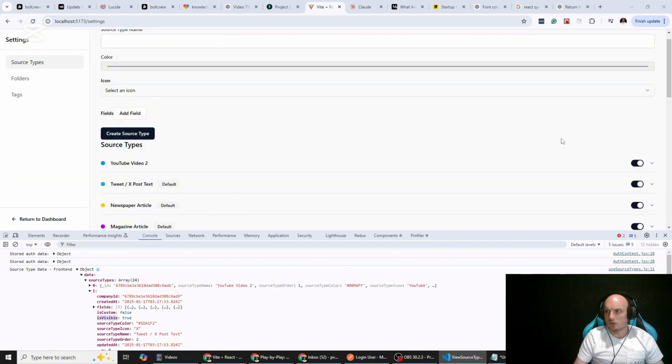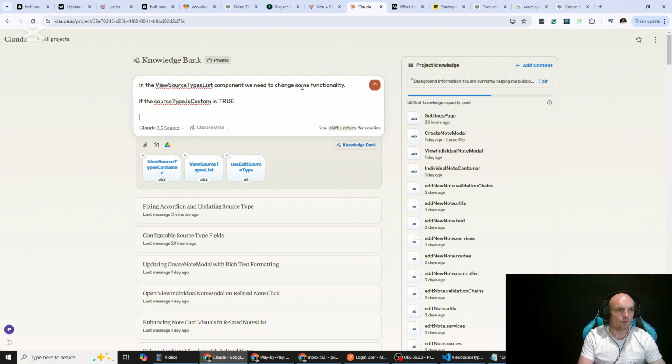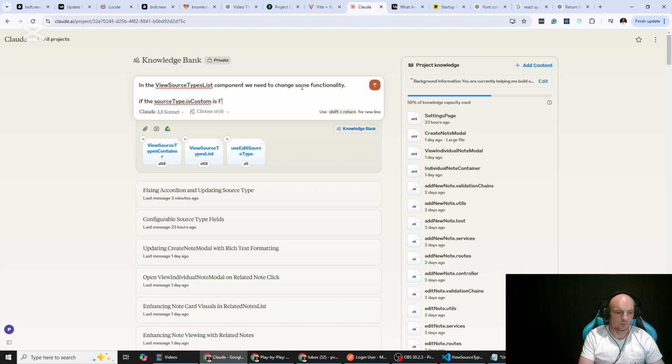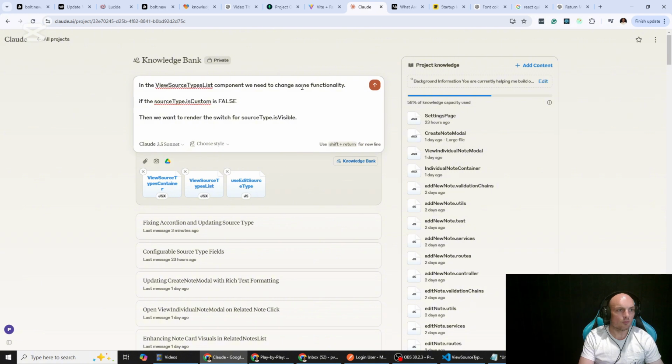Alright, so yeah, what we want to do is, if the source type dot is custom is false, then we want to render the switch for source type dot is visible,